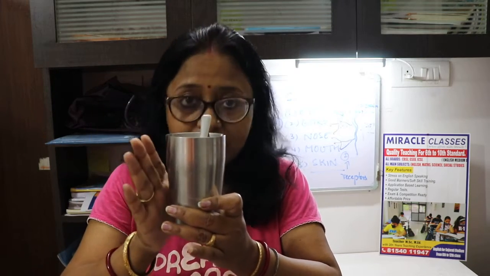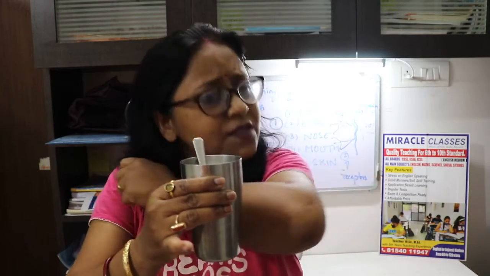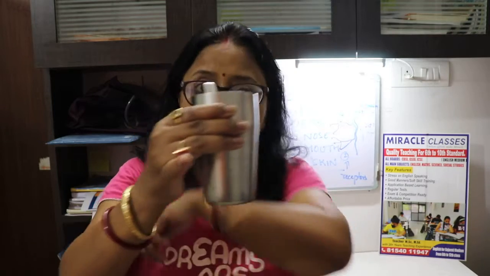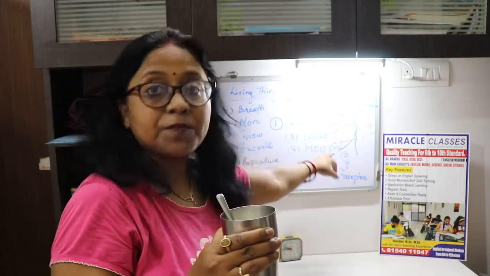Of course it is not that hot, I'm able to touch it with my palm, but I'm giving you an example that if this is hot, and we touch it with our skin, it becomes very hot. We at once remove our hands. This is the response we are making, and this is the stimulus. The hot touch is the stimulus, and removing our hand is the response, and in between come the receptors.